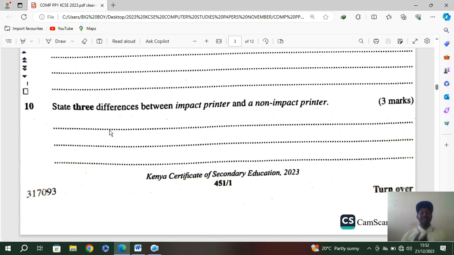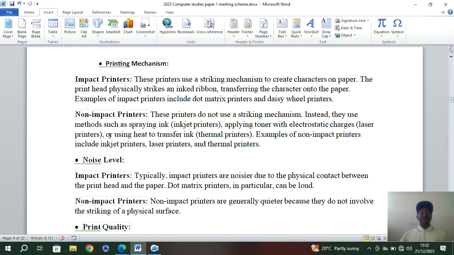So when you talk about impact printers, these are printers that use striking mechanisms to create characters on paper. Whereas non-impact printers are printers that do not use striking mechanisms. In terms of just being simple and clear, instead of explaining so much,